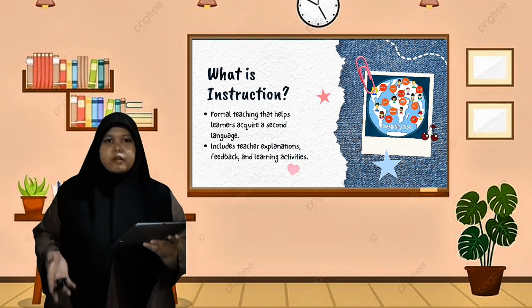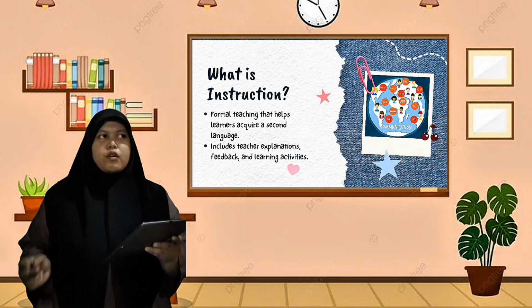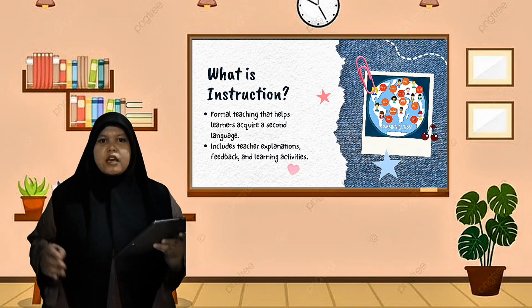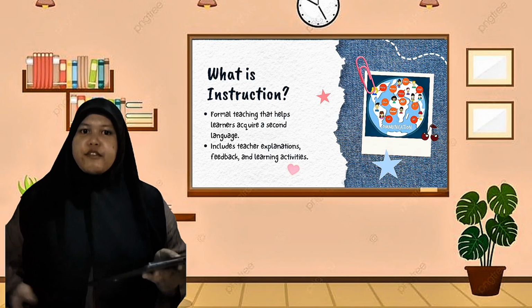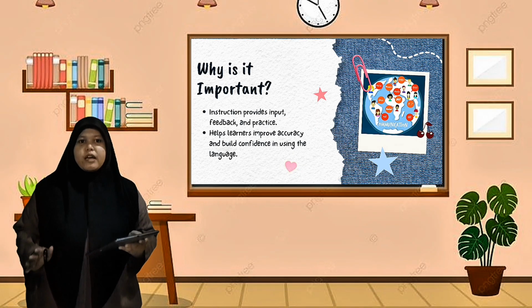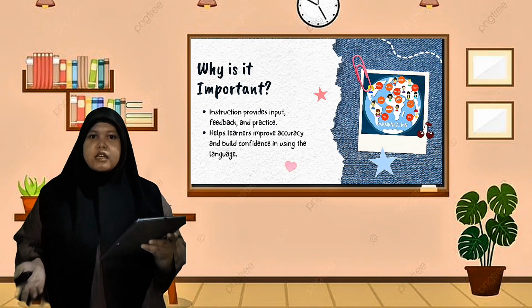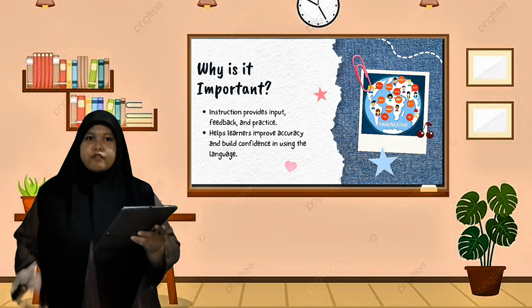The second is through formal instruction, which happens in the classroom, where the teacher or lecturer provides explanations, practice, and feedback. Instruction is important because it provides input, gives feedback, and offers guided practice,